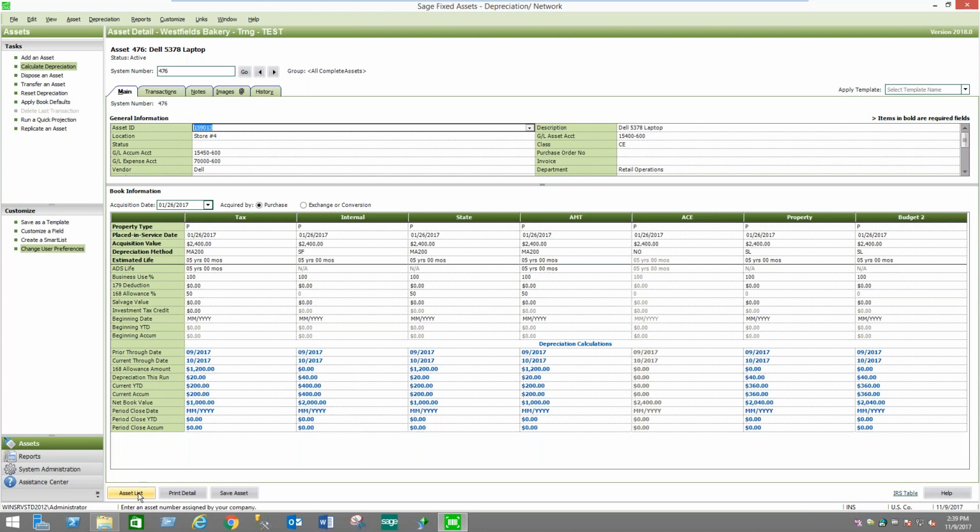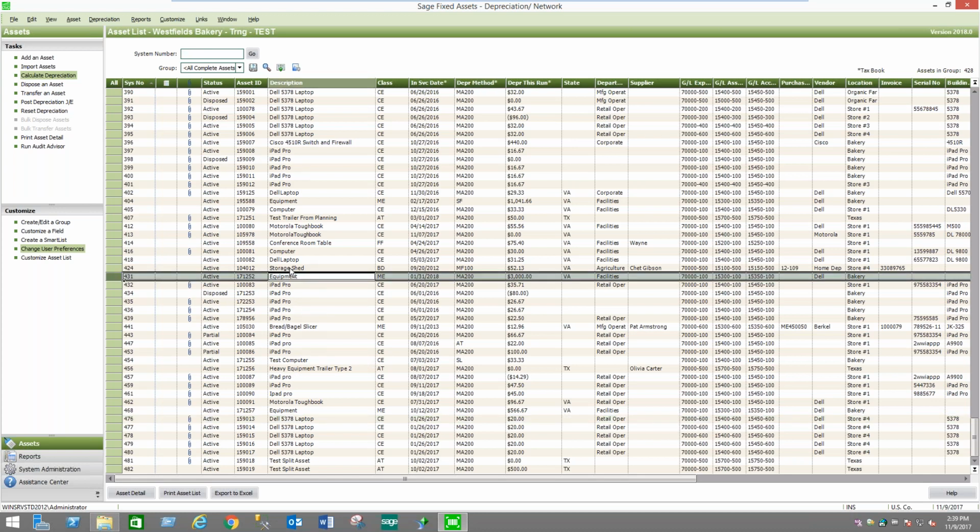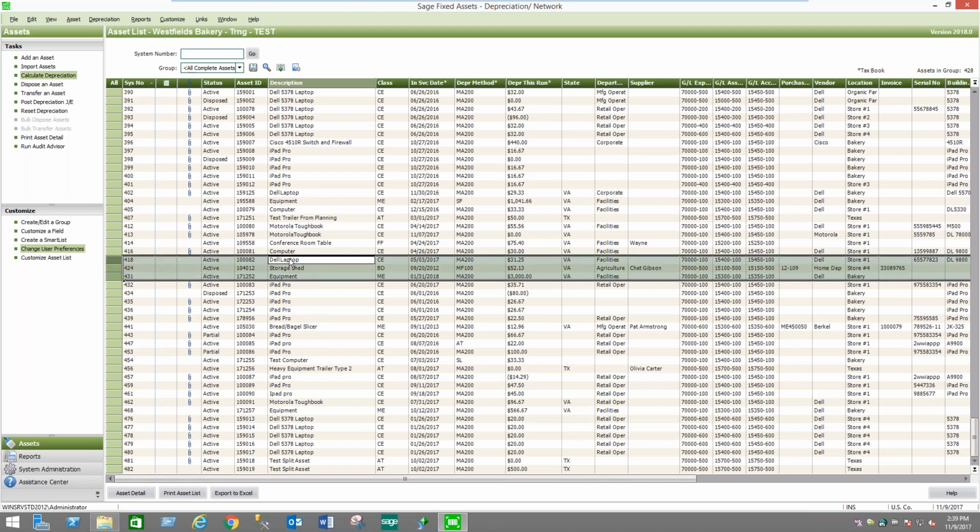Now, the other thing I wanted to show you is, if, for example, you wanted to add images to an asset, I can easily select, and I'll find one that does not have an image here. I can select multiple assets, for example. I can highlight a group of them, and let's say I wanted to add images to all of those assets, or it could be a much larger group. Let's say it's all the same model of computer or tablet or whatever it may be. I can easily select all of the ones that are associated,